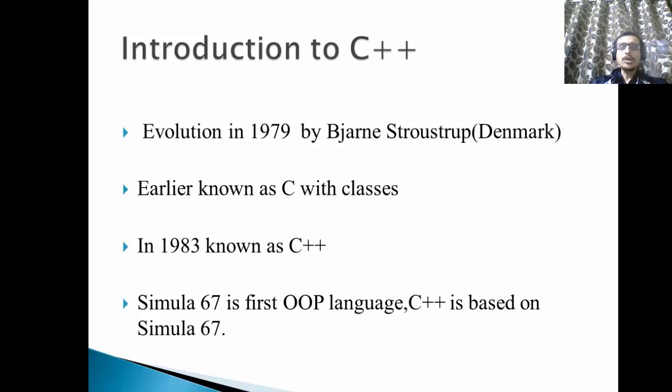In a similar way, a software is a collection of n number of programs, or a collection of n number of modules, where each module is working independently, or is in contact with each other. It depends upon how we are using the software, upon the requirement of the software, whether the modules are correlated or independent. So the language with the help of which we develop a software is known as a programming language.